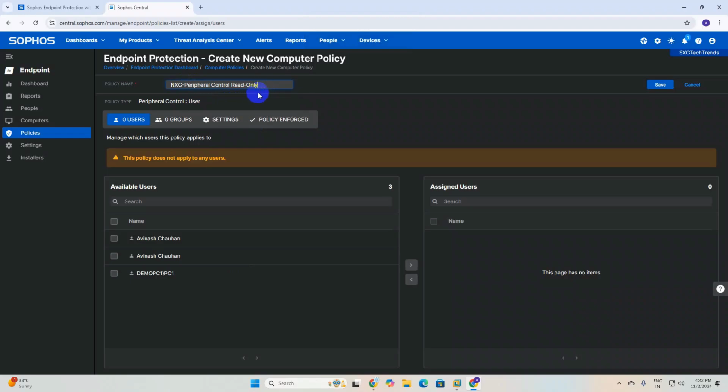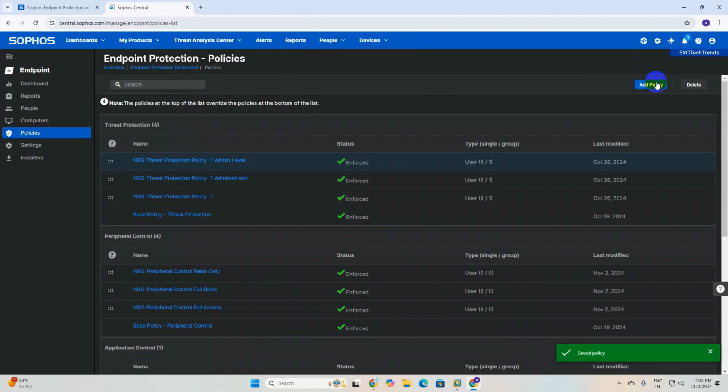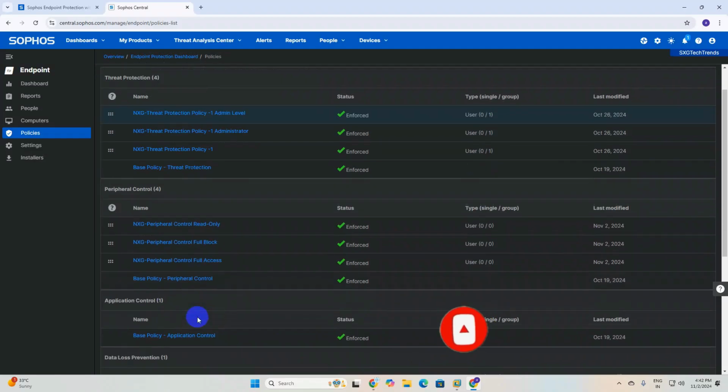And I will guide you why I created read only. If in your organization some users want to access things like CD, pen drive, DVD, we just move the user to the read only group, then he can only read and cannot copy and paste from pen drive to desktop or desktop to pen drive. That's why I created it. And full access, if in your organization some users have full access, administrator admin level, then you need to create a full access group. And full block, if in your organization there is registration or some sensitive detail, you can block that user. So we will go step by step.